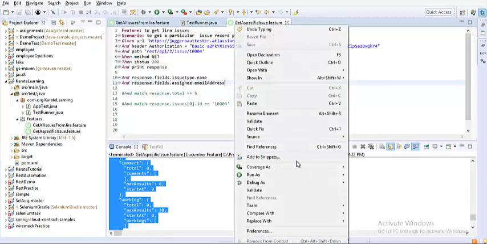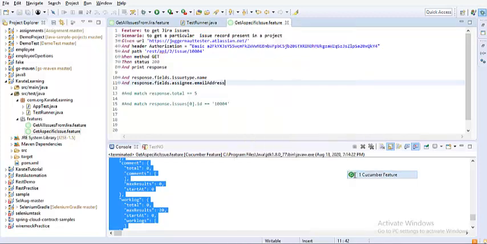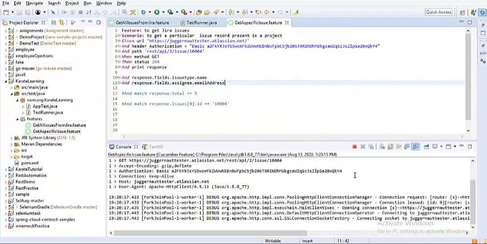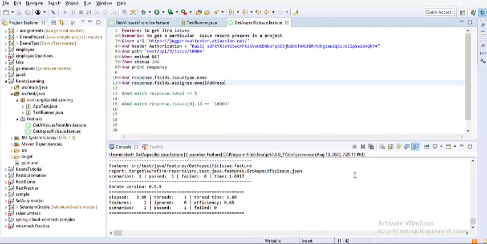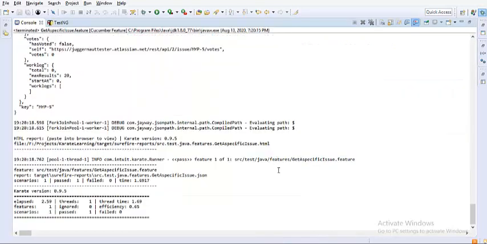Okay, so I'm asking Karate to print both of these. Let us run this file now. Just run as Cucumber feature file. It has started running, and let's see what happens. The test case passed, and let's see whether those values are printed for us or not. We have seen that the values have not printed here. Something went wrong, maybe because we used some extra space or something. Let's figure out, guys, what happened here.